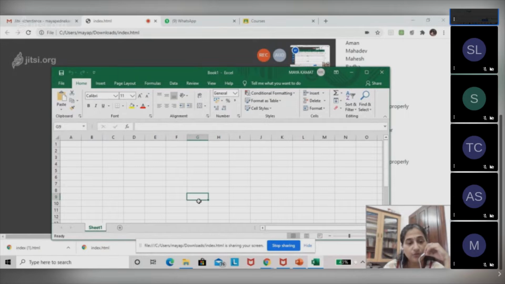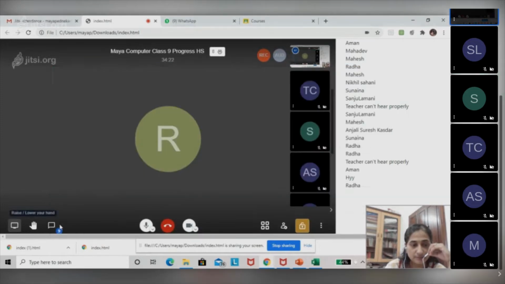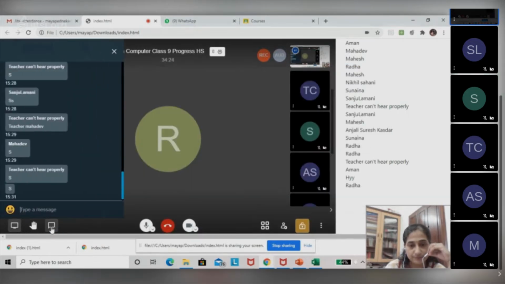Okay. So the address for the cell would be G9. Why G? Because the name of the column is G and the name of the row is 9. So the intersection of the two forms G9. Can anybody tell me what is the address for this cell? You could reply in the chat box quickly.